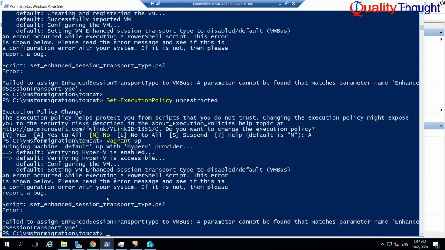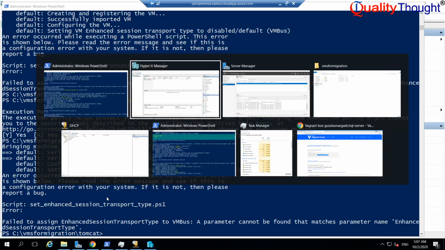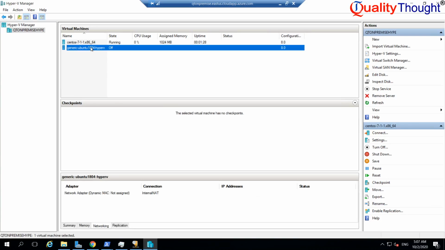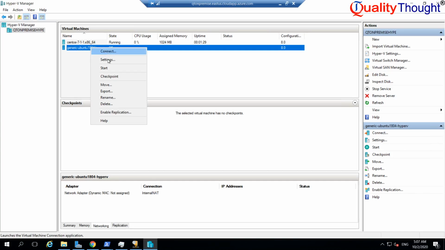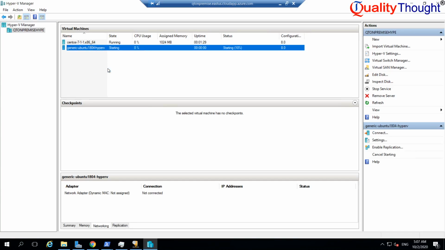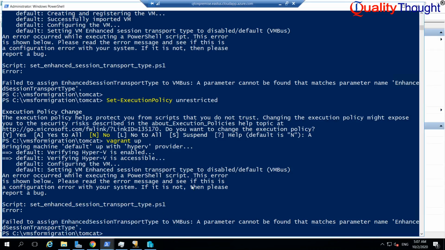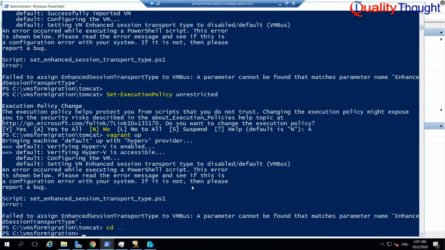Right, it's okay, let us not worry about that. So it has something to do with the vagrant issue, right? So if you see, we got the IP address of 192.168.100, and let me start this machine also. Okay, so what else do we need to create? cd dot dot, okay, and